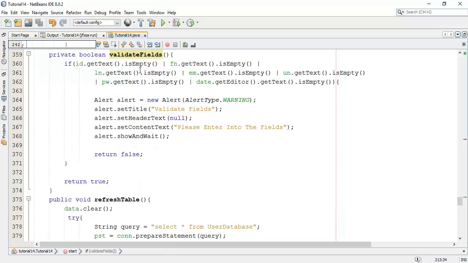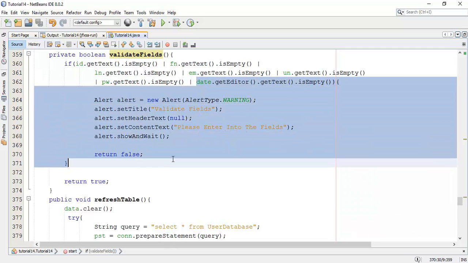We can add this validation for individual fields, that is for the ID, first name, last name, email, username, password, date. To do that I'm going to show you the example for the date.